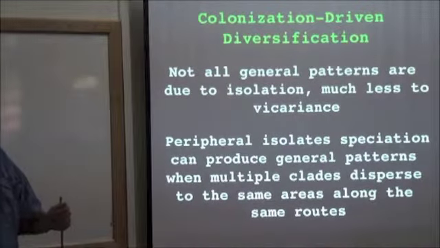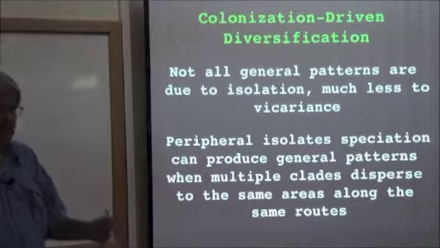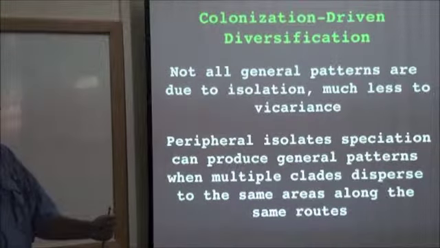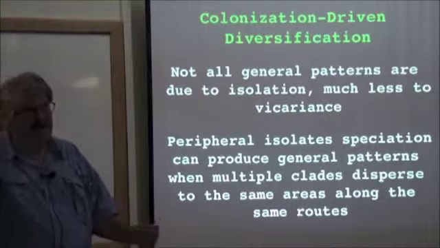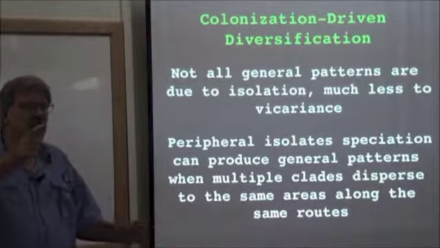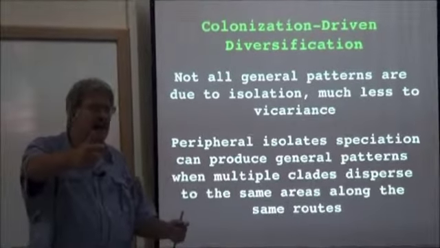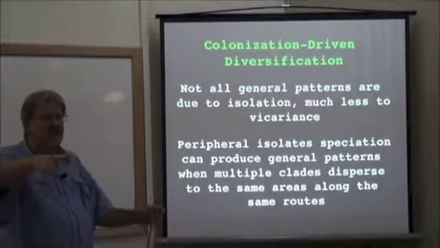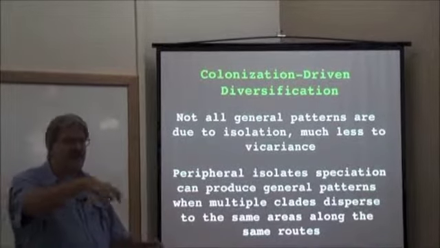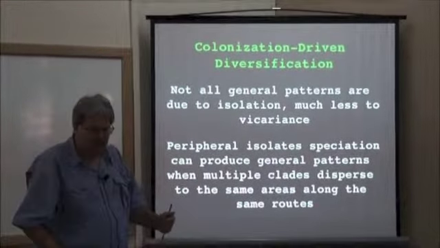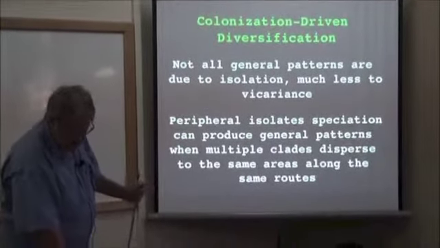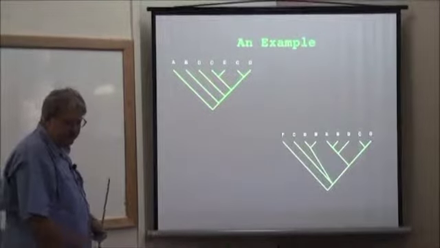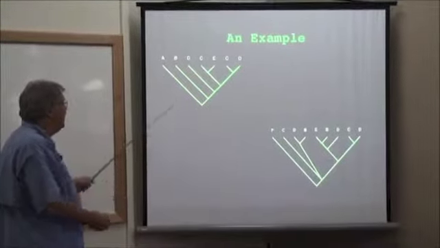And you'll end up with the same pattern, even if the events don't happen synchronically, that is, at the same time, as long as they all occur within a time between changes in the environment when the dispersal corridors are no longer available. So again, we come back to this thing,